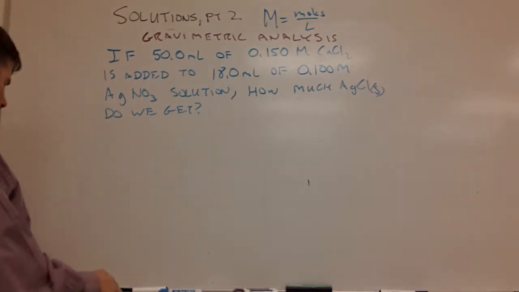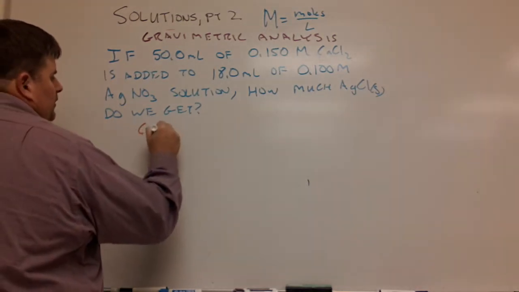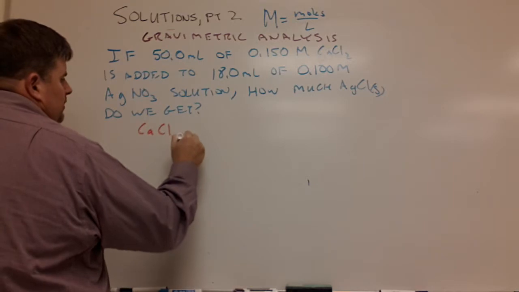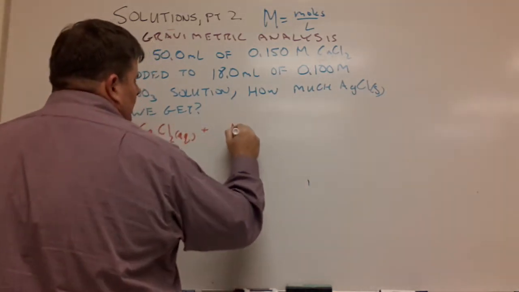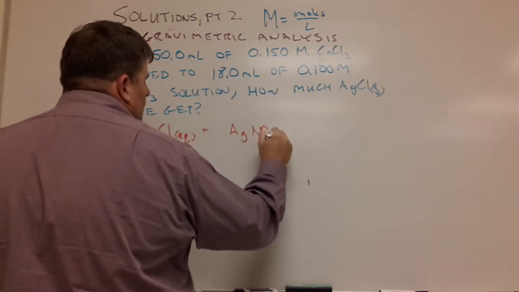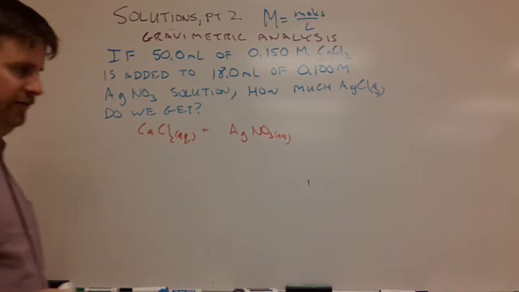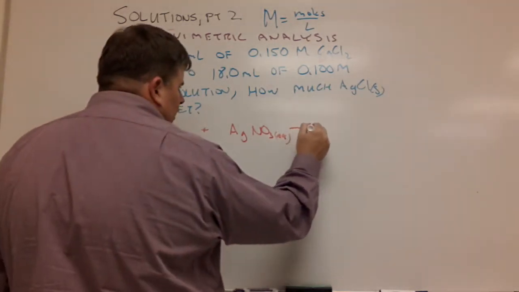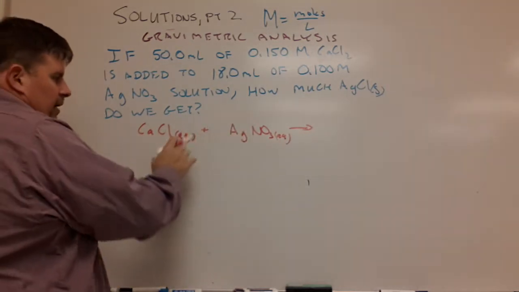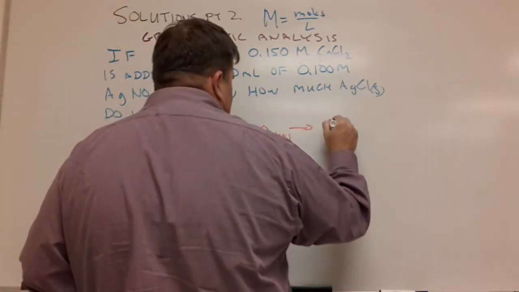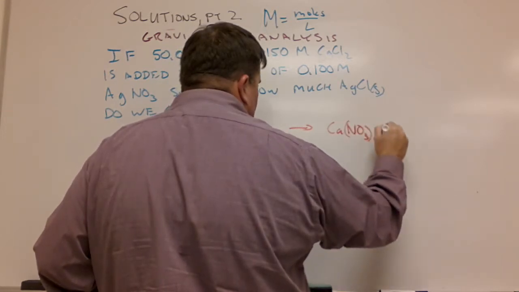Okay. So what we're doing is we're adding calcium chloride. That's aqueous, okay? And I'm adding that to silver nitrate. That's aqueous as well, all right? I don't think I left myself enough room, but we'll see, okay? And do a double replacement reaction, okay? I'm going to swap out both anions. And what I get out is calcium nitrate plus silver chloride,